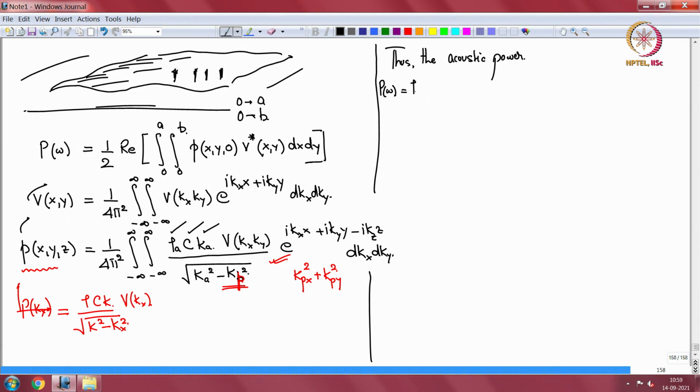So I get rho a c Ka by 32 pi to the power 4. Then the real part of an integral which is 0 to A, which is 0 to B,